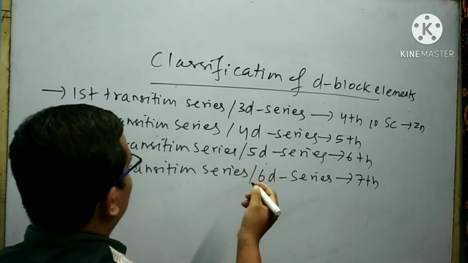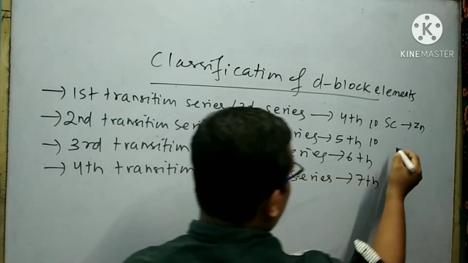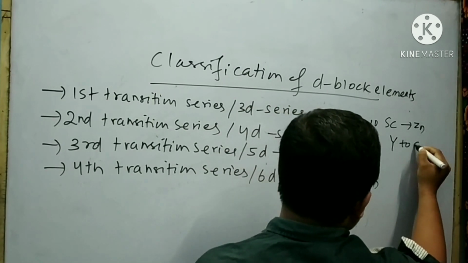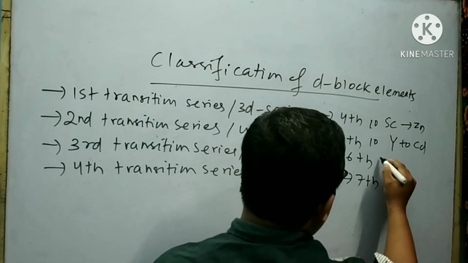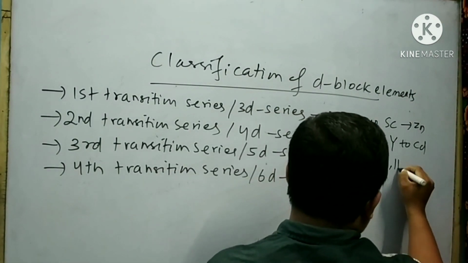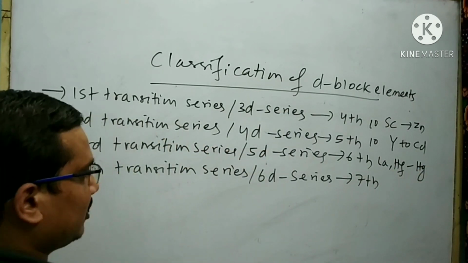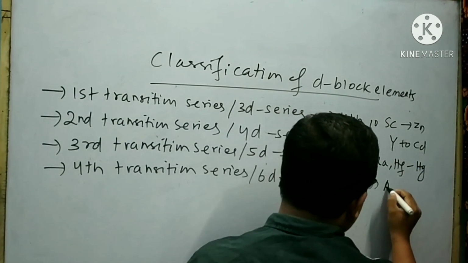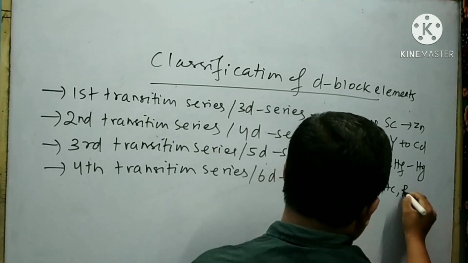The second transition series also contains 10 elements, from yttrium to cadmium. The third transition series contains lanthanum and also hafnium to mercury. The fourth transition series contains actinium and also starts from rutherfordium to